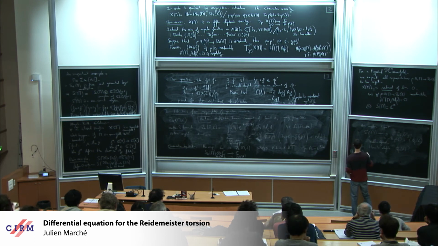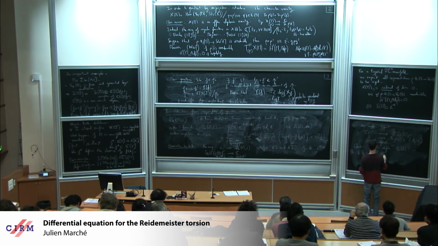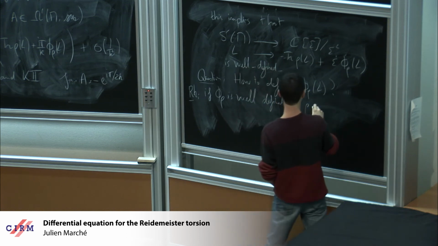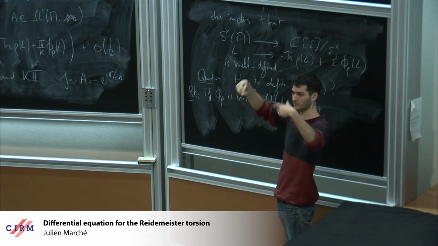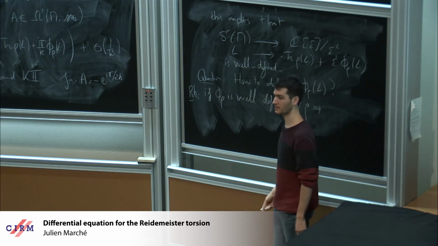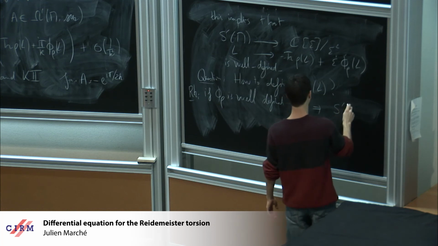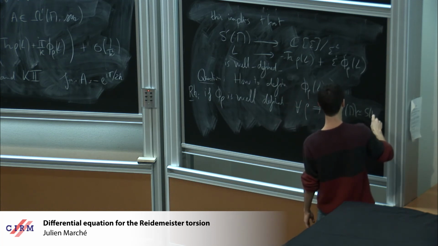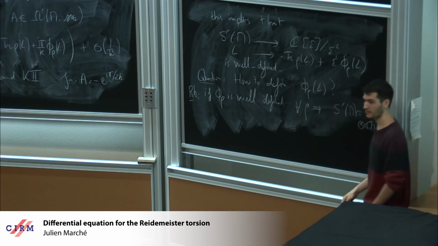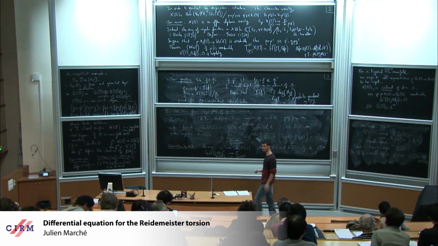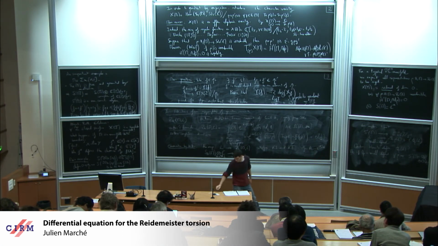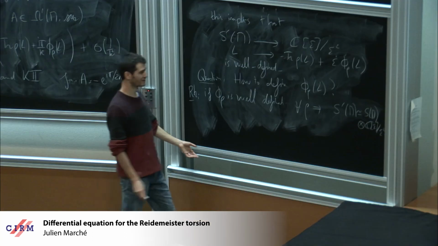If phi rho is well defined for every rho, this implies indeed that the sequence, the complex I was giving at the beginning, is indeed exact. This implies that S prime of M is isomorphic to S_M tensor C epsilon divided by epsilon square. So you really have this regularity assumption, etc. It's completely related to that. And the thing I wanted to say, but now I have just 2 minutes, is that I have at least a definition of it.